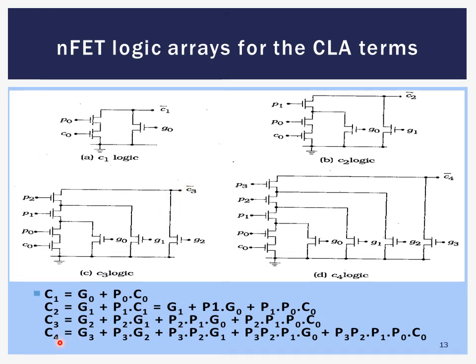And finally for C4, that is the carry 4, it is G3 plus P3 into C3, and then in the expanded form you will be getting the entire equation like this. So first let us understand this entire C3 as it is written here till the G2, and to this P3 is added in series, and to this entire thing G3 is added in parallel, and the output of this is the C4 logic. Now that is how all these carries are generated through these logic arrays, and this is the most frequently asked question in the university exam papers.